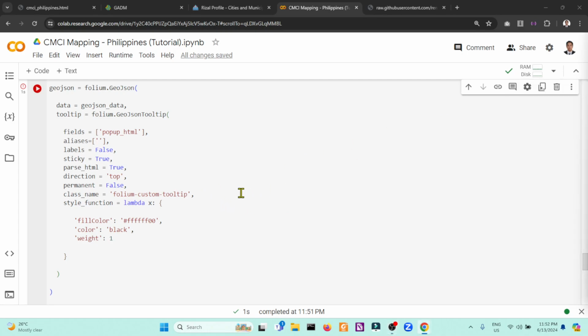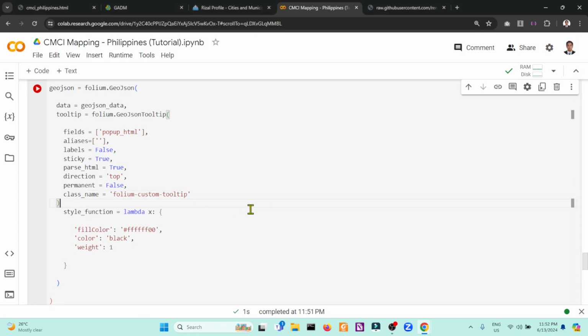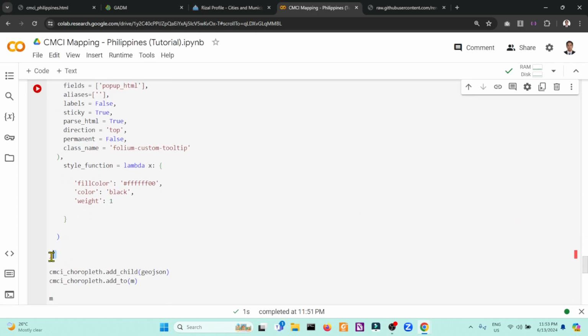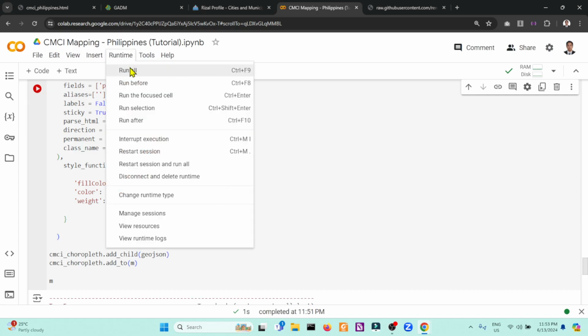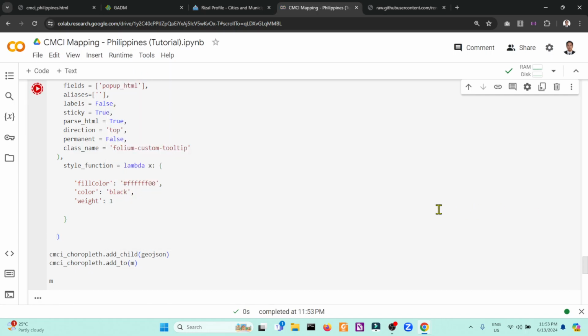So I need to finish this one, the tooltip, and the style function is a separate entity. So this will be the finish. So if I run this again, let's see.